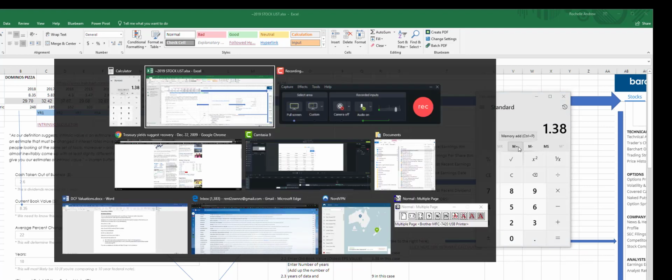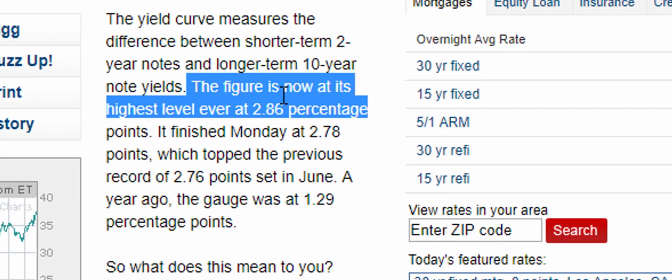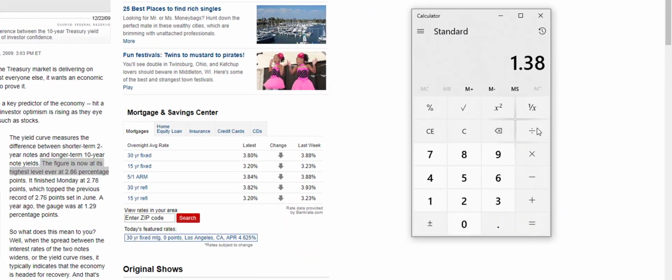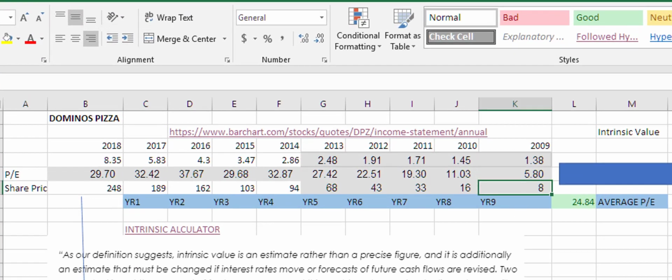So let's look back and see if we can find what the bond was, which I did a bit of research on before. Back in 2009, it was a 2.86% government bond. So divide that by 0.0286, and we've come up with $48.25 a share. Now back then you paid $8 for that share, so you would expect over that 10 years